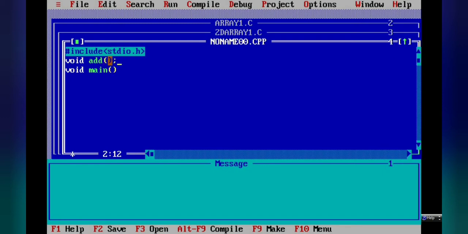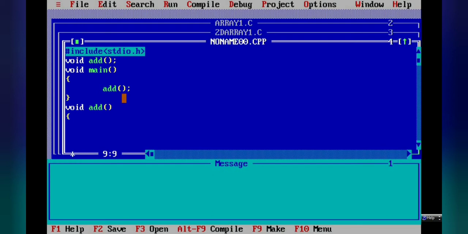Then after that, void main will come, and in the void main we will not write anything except calling my function add. Just one statement only I am writing here. Then after this void main, now we will write our function definition. So now we will define our add function. This is the function body. Whatever you write in the curly brackets, all those statements are known as the function body.